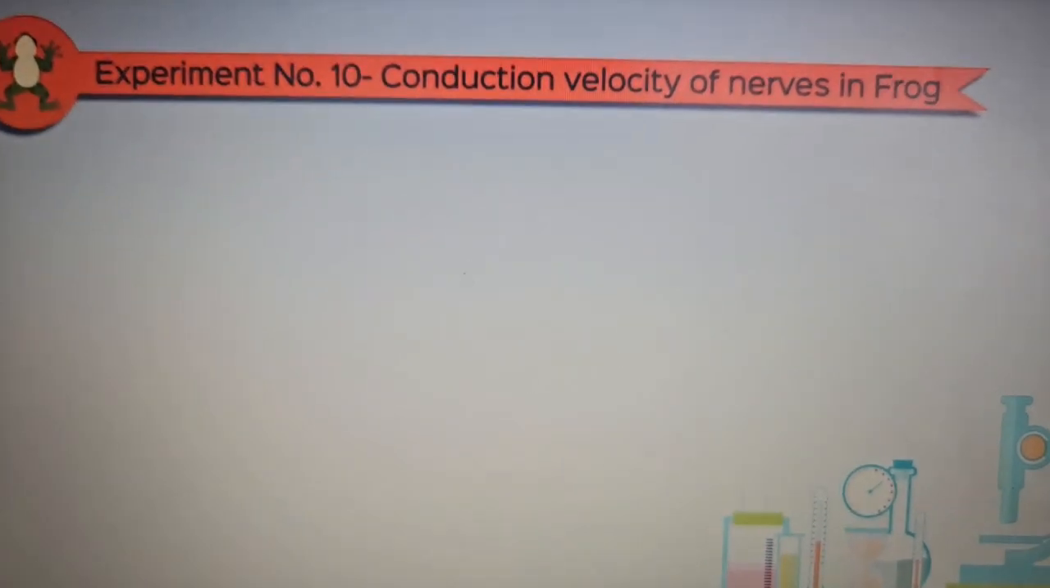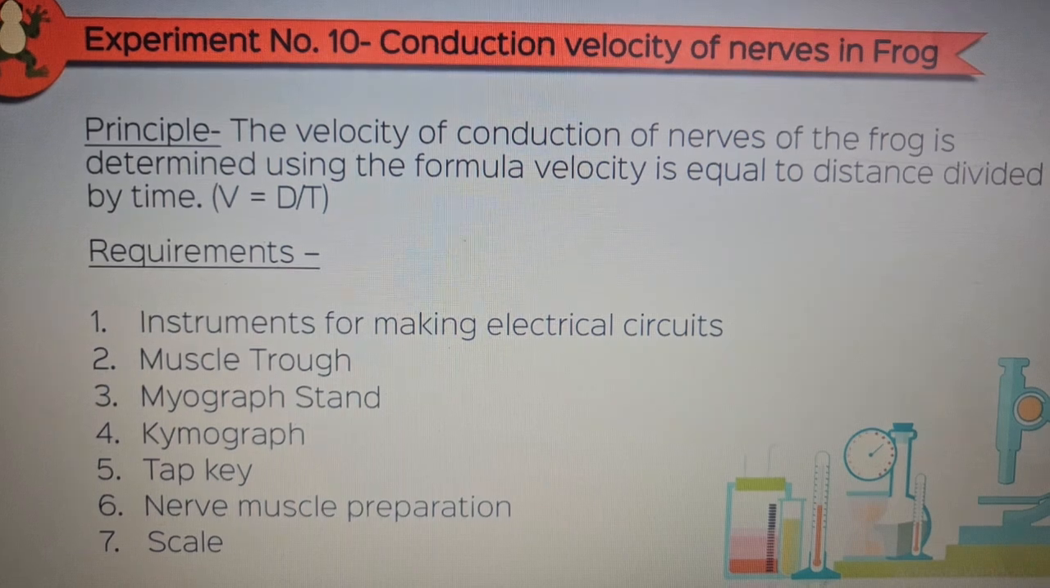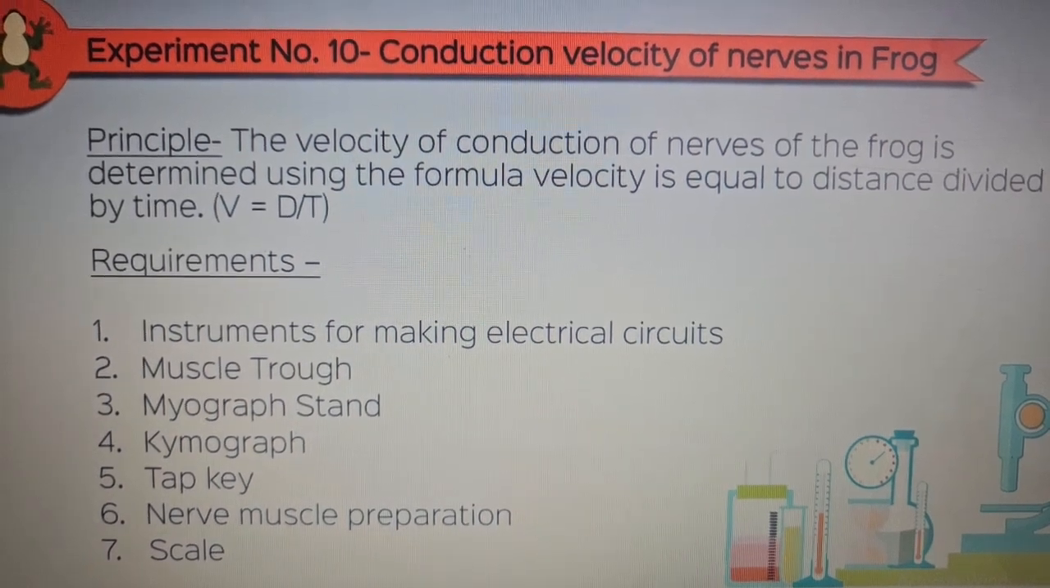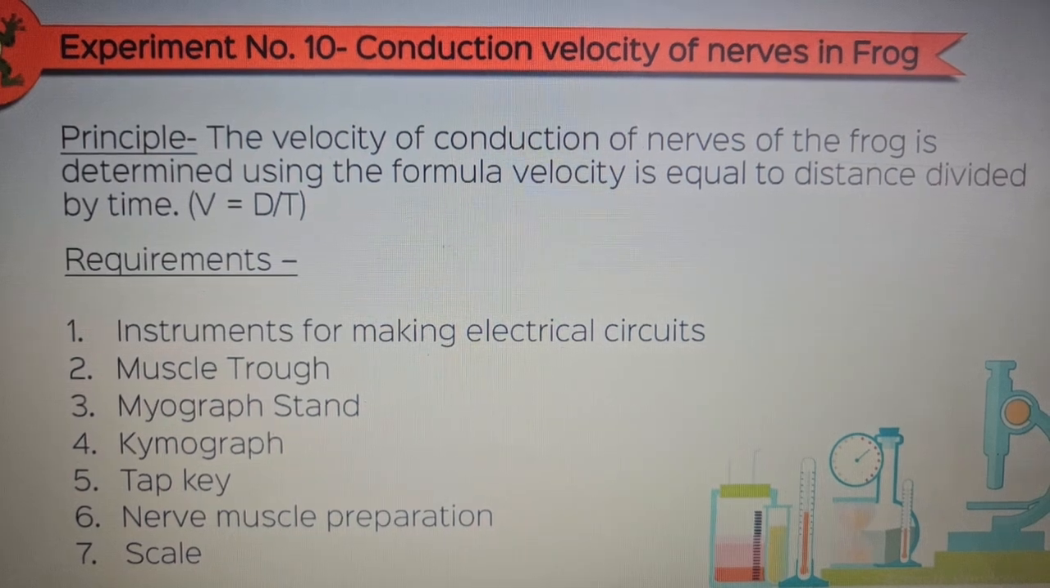Conduction velocity of nerves in the frog. In this experiment, we will calculate the conduction velocity of the nerves of the frog. Principle. The velocity of conduction of nerves in the frog is determined by using the formula velocity is equal to